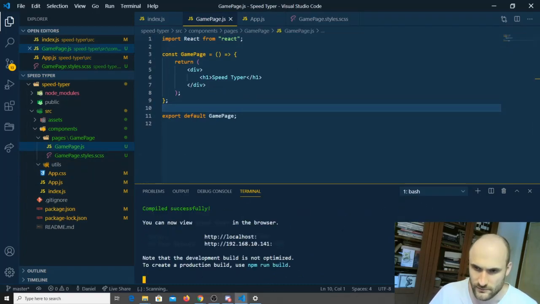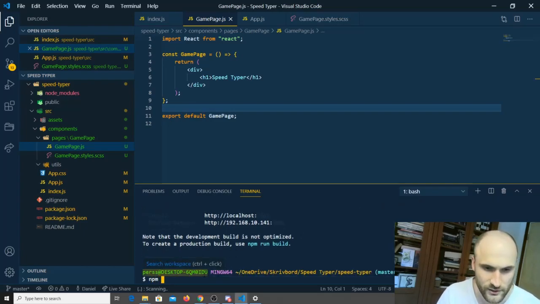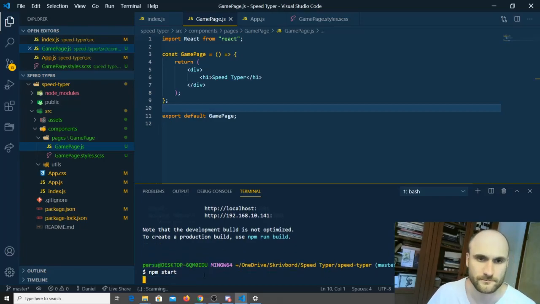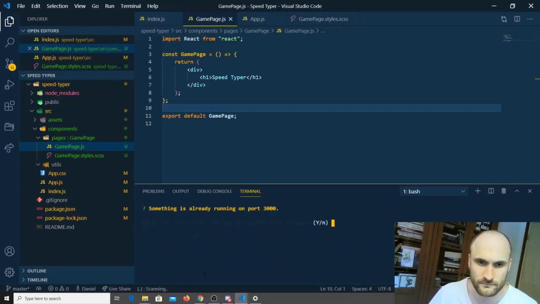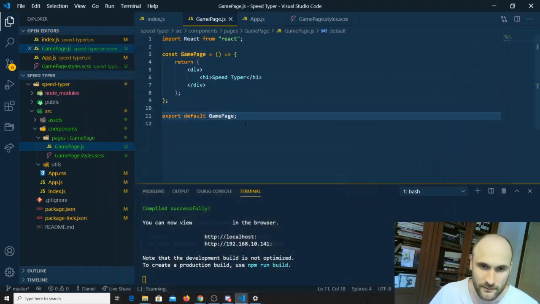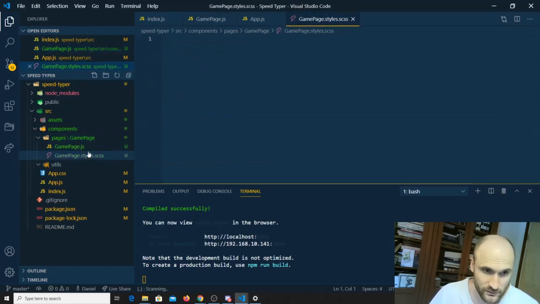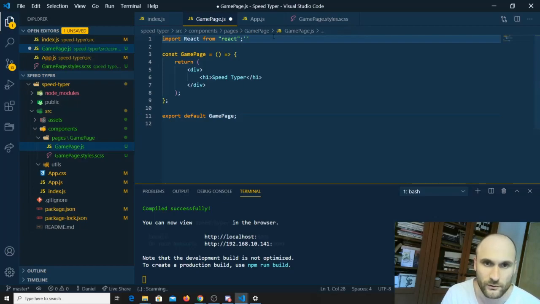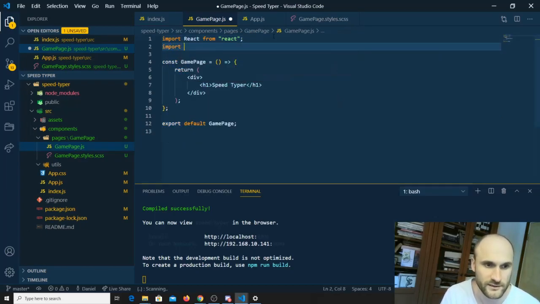It seems we should try to restart the application and see if this is what's struggling for us. I'm gonna type yes. Let us see if we get this. Yes, perfect. Absolutely perfect. So we have this speed typer, as you can see here, with this nice new font. So we have connection with the game page, simply. So that's perfect. Inside our game page, we also, just to make it work already, we're gonna get connection to this